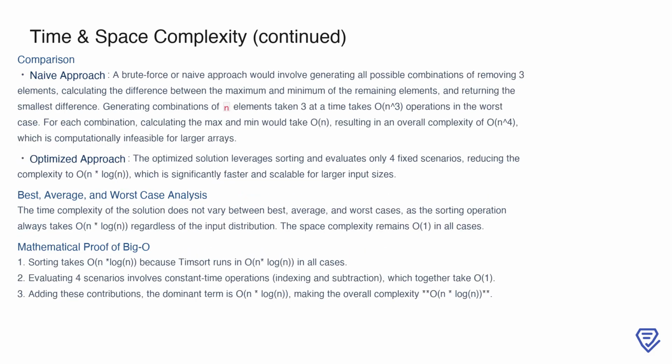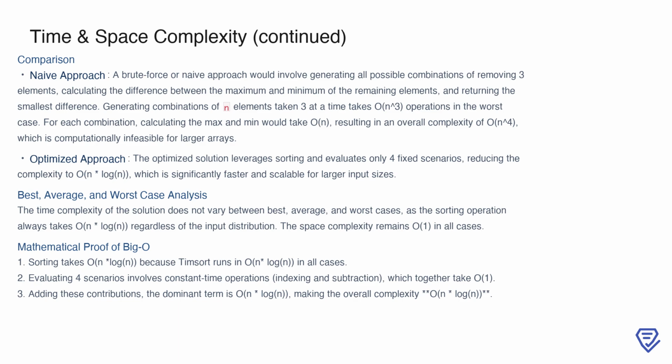To put this into perspective, we can compare the optimized solution with a naive approach. A brute force method would involve generating all possible combinations of removing 3 elements from the array. This requires computing combinations, which takes O(n^3) operations in the worst case. For each combination, we would then calculate the maximum and minimum of the remaining elements, which takes O(n). This results in an overall time complexity of O(n^4), which becomes computationally prohibitive for larger